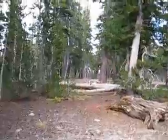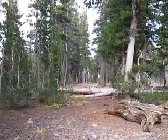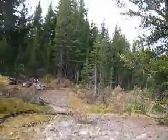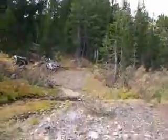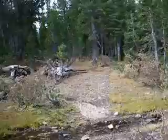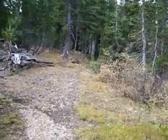There's a nice little flat yonder over to your east of the PCT. We're just a little bit ways to the south of Murray Canyon, the Murray Canyon Trail Junction, and we've got this nice little creek here. I'm pretty sure we're just a little bit to the south of it right now. Well, we'll